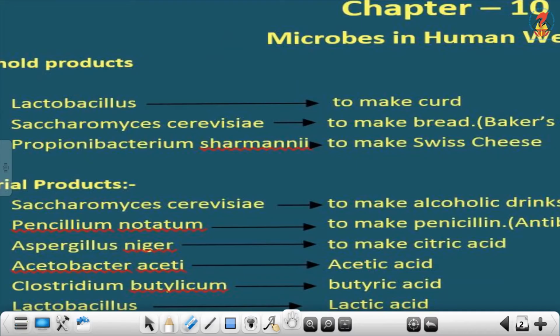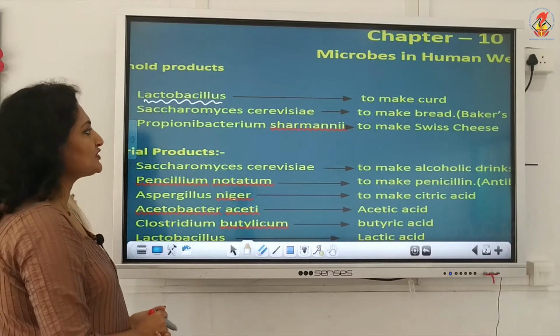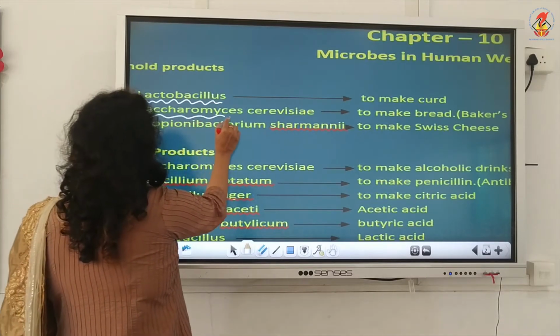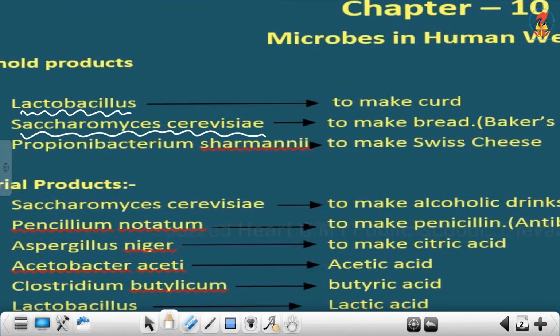So the first microbe, Lactobacillus, you are very familiar with this, used to make curd. Lactobacillus is a bacterium used to make curd. Next, Saccharomyces cerevisiae is used to make bread, and therefore in this context it is known as the baker's yeast. The yeast is this Saccharomyces cerevisiae. Then